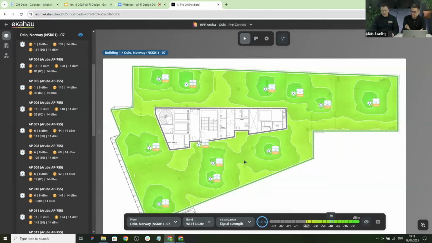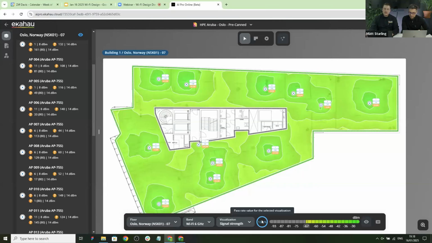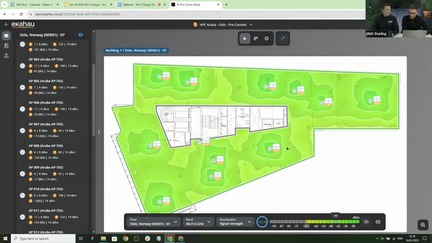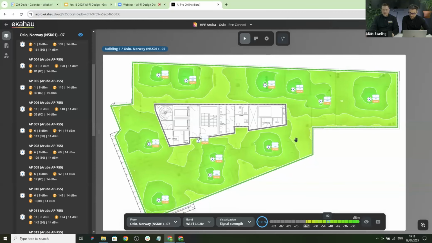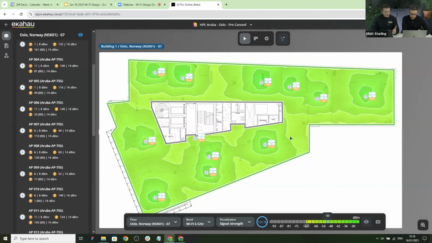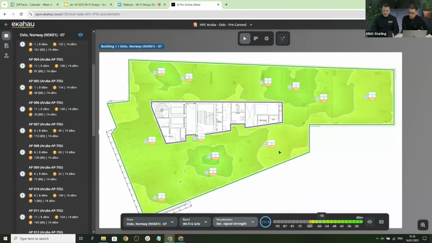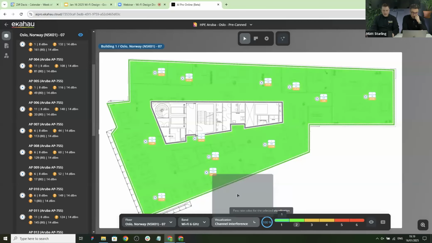Nice. And from this design, we can see that we have 100% pass rate, meaning that the coverage is actually okay with this rip and replace scenario. So I don't need to worry about coverage with this. I don't need to install any new APs if I don't want to. But it's always good to check also the secondary coverage. Let's change to that heat map. It looks also perfect, and also maybe channel interference. You see that there are actually no problems.